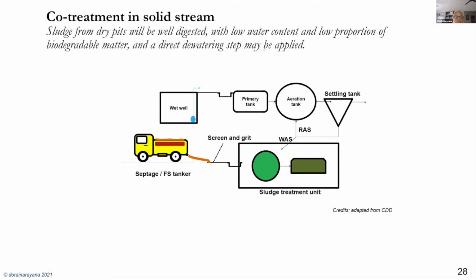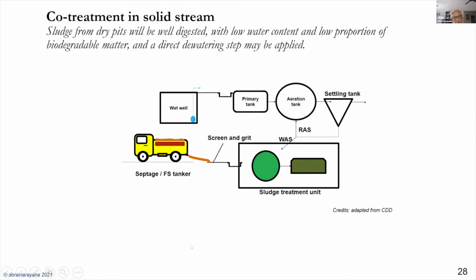And this one is if you have very dry sludge, where it's not even necessary to do a solid-liquid separation before this. So you could have a drying bed, for example, and apply the dried sludge directly onto the drying beds, if the sludge is already well stabilized and has a very high solids content. Only the liquid part that comes out of the underflow of the drying beds will then need to be co-treated in the STP. So this is another option, again depending on the type of sludge that you're handling.